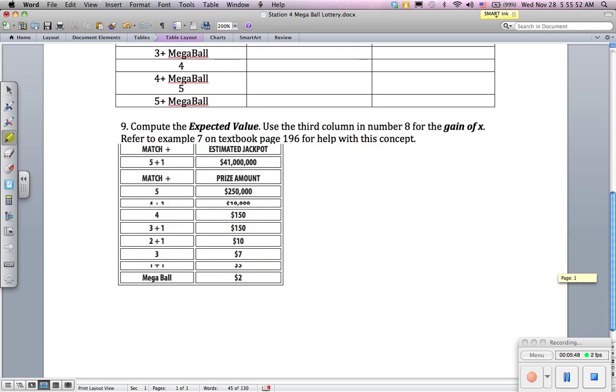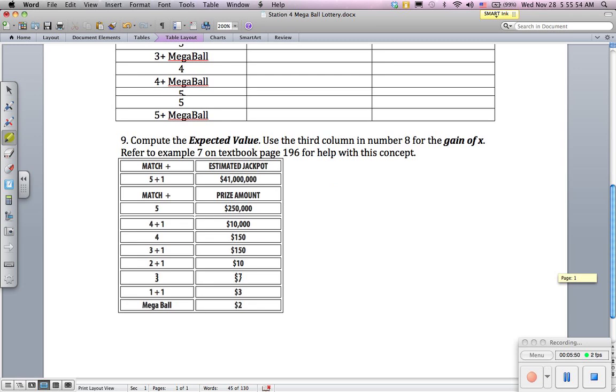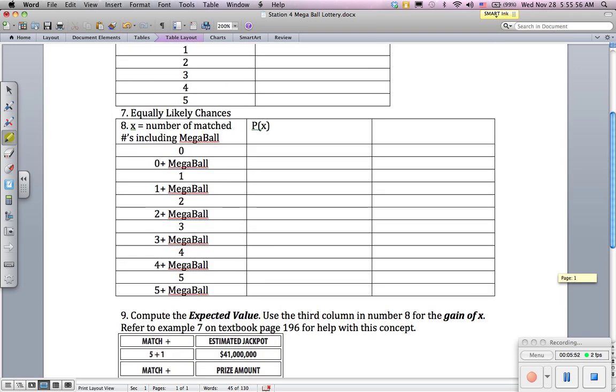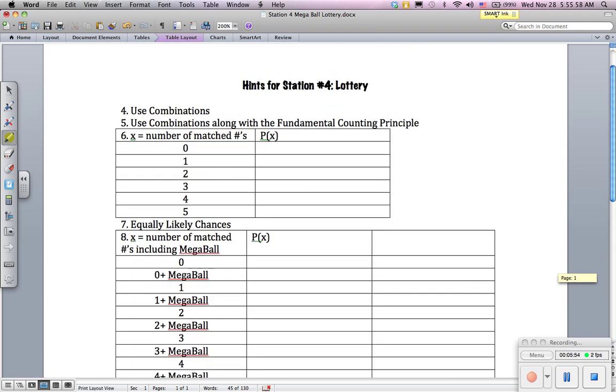Okay, hopefully this clarifies station number 4 for you. This document is also in Edmodo if you want to use it to help you think through and work through the probabilities that you're asked to